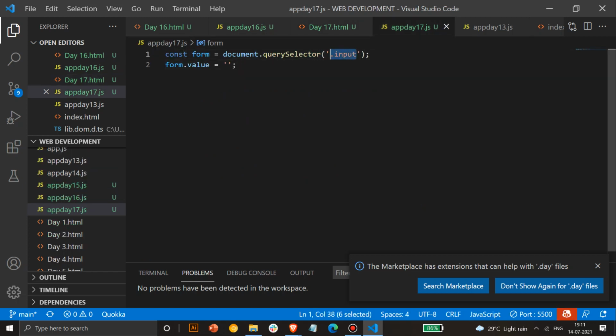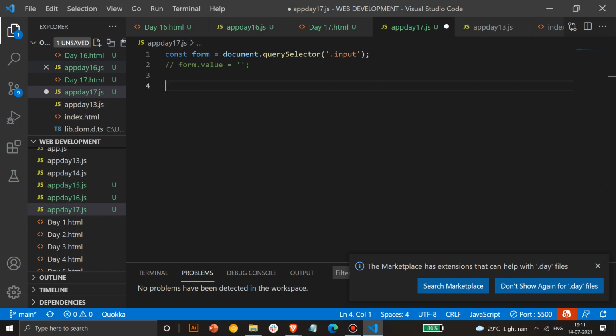So what you can do is you can take an input and clear that particular input using input dot value, or you can take any other element and do the same thing with it. Okay. So what we'll do is on clicking of the button, we'll run some function as of now, and we'll check if that particular function is running.